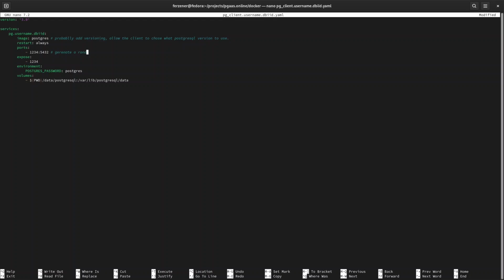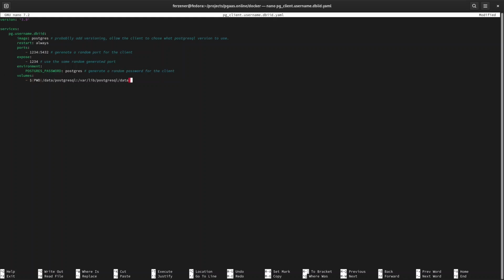Generate a random port for the client and 1 2 3 4, use the same random generated port. Okay, great. And generate a random password for the client,